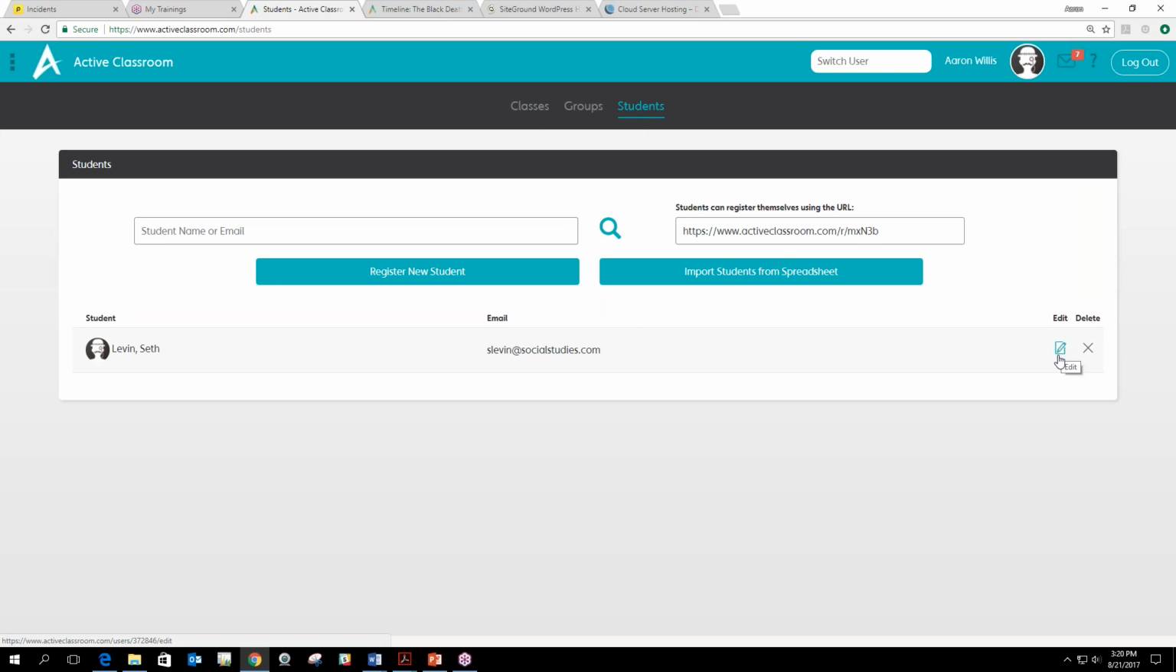Now that's where, if you need to edit, a student lost their password or something, you can always edit their account here by just clicking on Edit, or you can delete students if, say, a student left your class and they aren't there anymore. You can also create new students one-on-one, or you can import students from a spreadsheet. If you want your students to sign themselves up, here's the link that you give to them, and they can